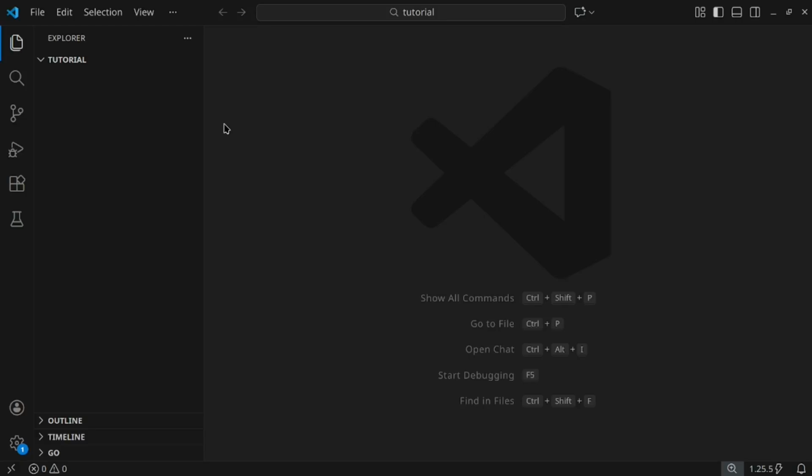Hello everyone, welcome back. In this video we're going to build a simple random password generator program in Go from scratch. So as always, I have opened up my tutorial folder in my VS Code window, and as always, let's